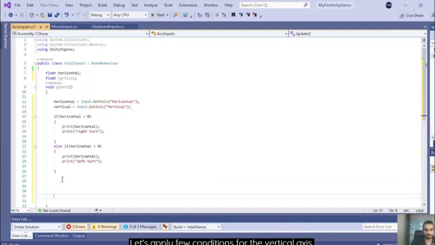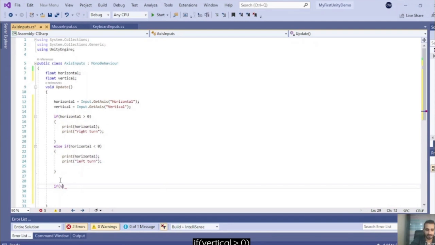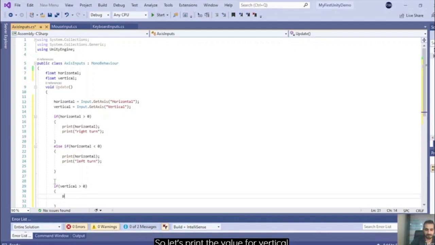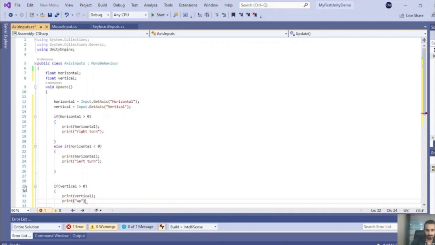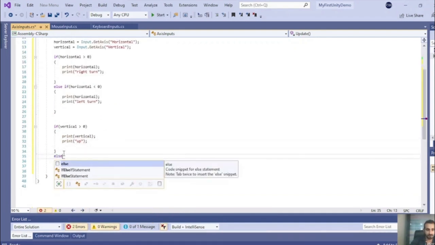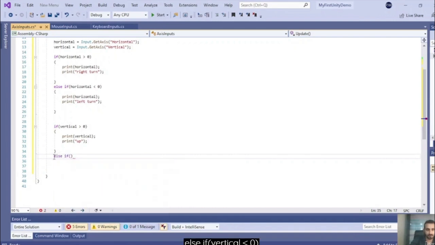Let's apply a few conditions for the vertical axis. If vertical is greater than 0, this will check if the player has pressed the up arrow key. If the player presses the up arrow key, the value of vertical will be greater than 0. And if the player presses the down arrow key, the value for vertical will be lesser than 0. So let's print the value for vertical. Let's apply an else if condition for this. Else if vertical is lesser than 0,